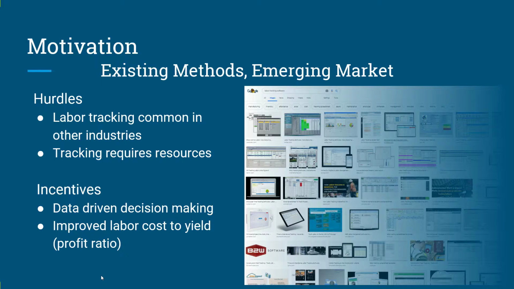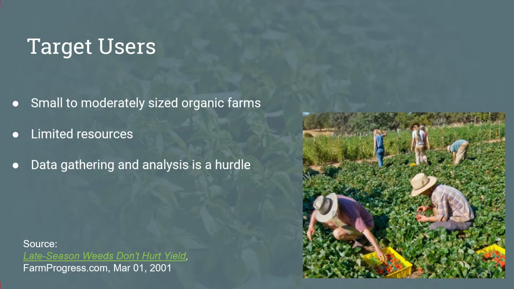Part of the appeal with chemical weed mitigation is in budgeting. For a given acreage, farmers can easily calculate the herbicide and pesticide required with some simple math. Weed control for the organic farmer requires more labor, but how much is required before the crop becomes unprofitable? The aim of this project is to help the small organic farmer determine where this labor is being applied and